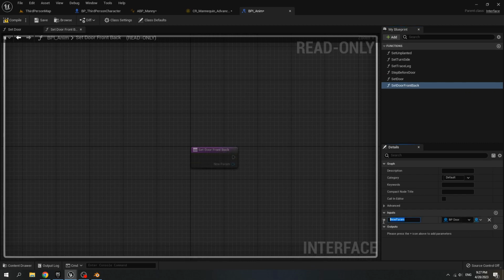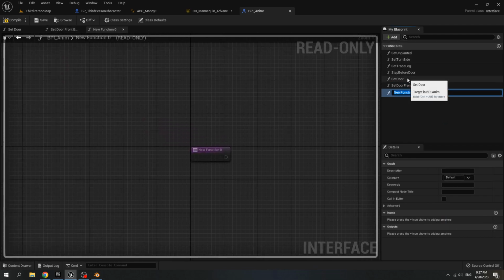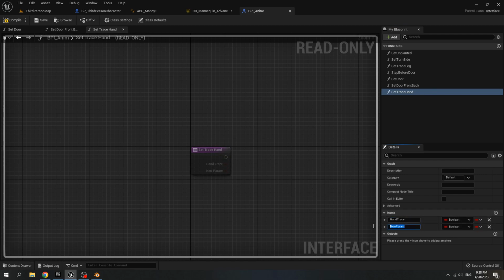Add input, name is door in, and variable type is Boolean. Add function, name is set trace hand, and input, name is hand trace. Add input, name is trace 1 or 2. Add input, name is left right,